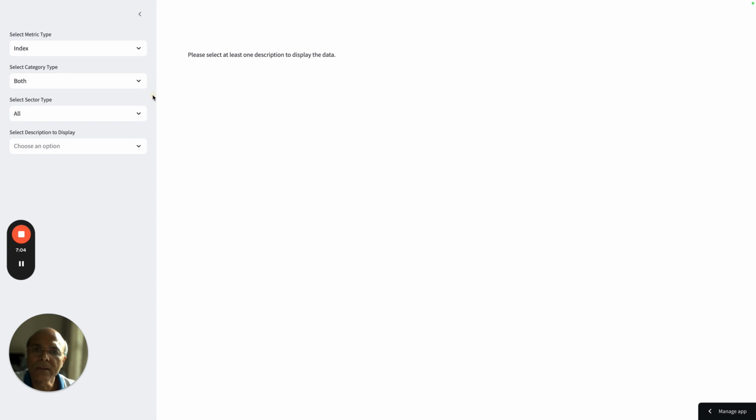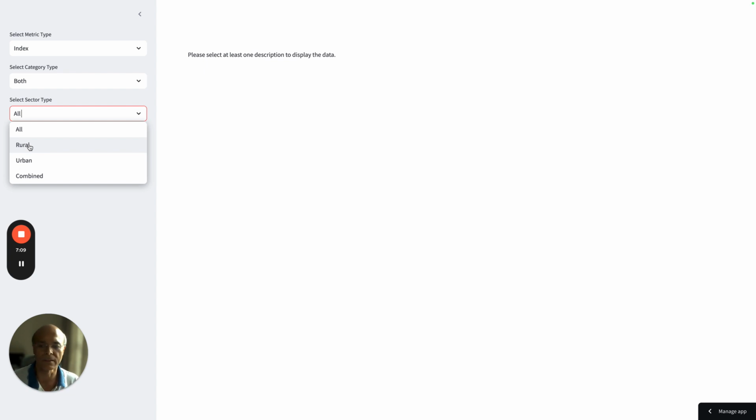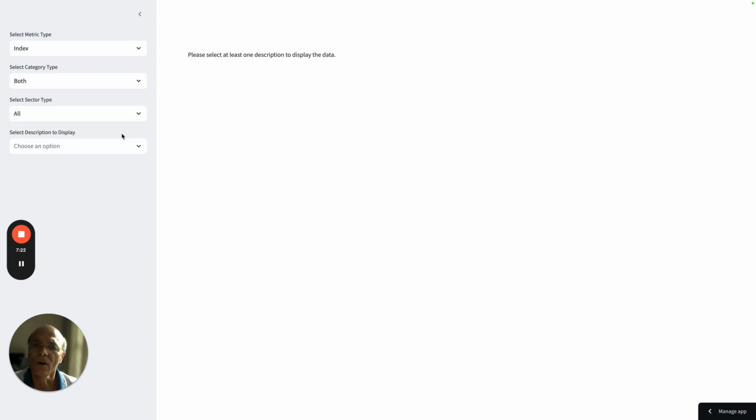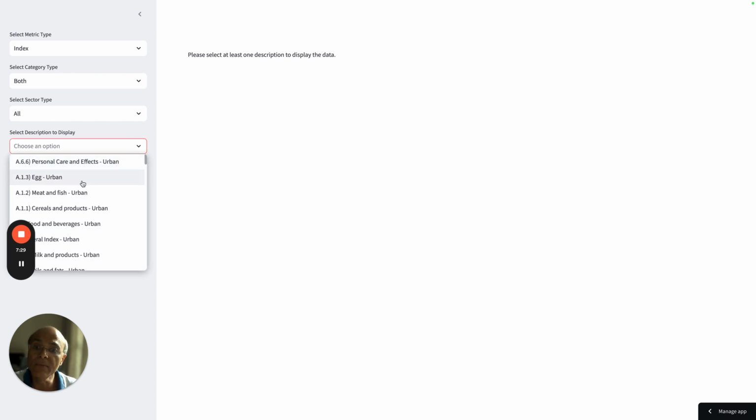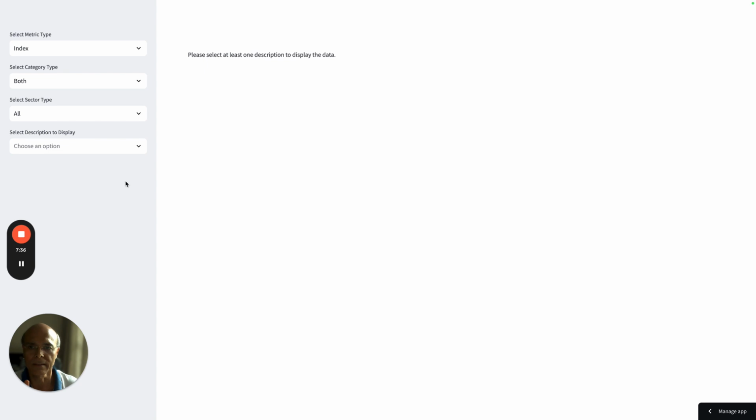And then, through another drop down menu, you can choose the different geographical area where you want to do an analysis. So you can choose rural, urban and combined, right? Just like I showed you in the table, the columns are given in the RBI table. And once you have made the choice, for example, if you choose all, then you can choose an individual dimension to compare. So I'm going to show you one by one without wasting any further time. Let's do this analysis.